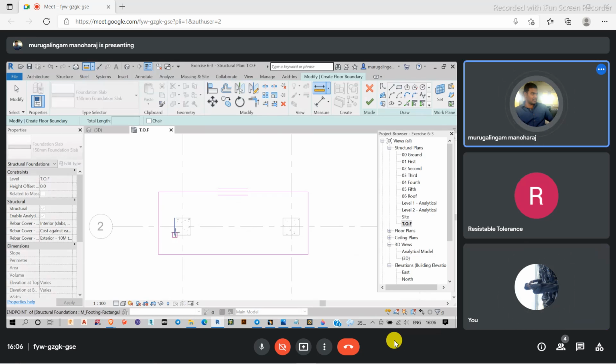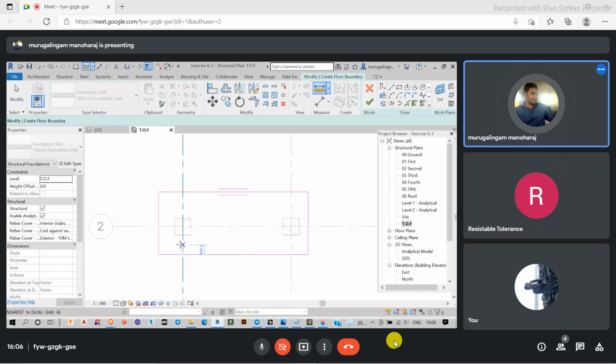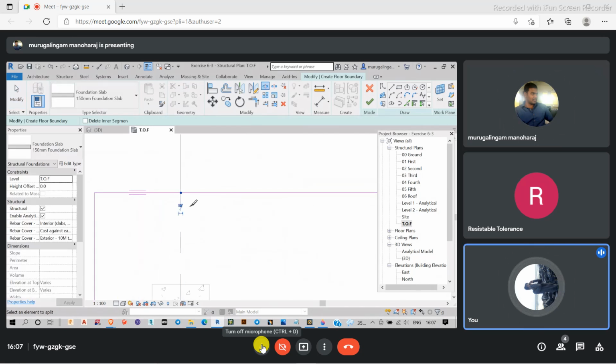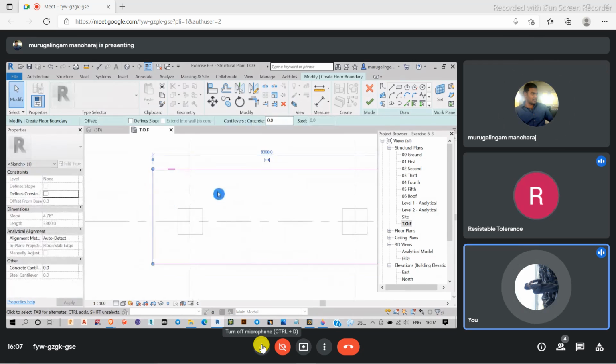Either one you can use. I'm going to measure here. This distance is 909.3. Or better, I'm going to measure from the center. From here to here, it's 1359.3. So I'm going to change these values. For changing these values, I'm selecting this one. I'm going to split this line here. For that, I'm selecting my modify options here. I'm splitting exactly at this point. Just zoom in here so I will be able to measure.